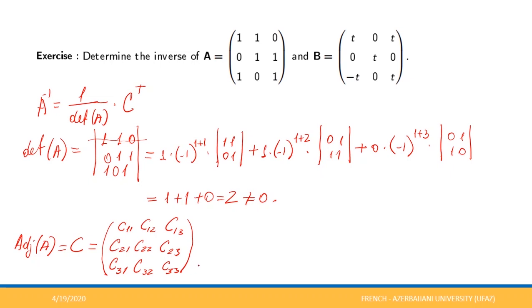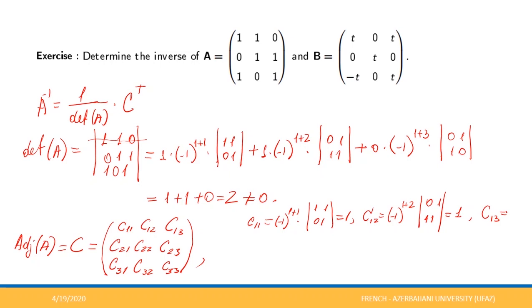Let's first calculate the values of the cofactors. C11 will be minus 1 to the power of 1 plus 1, we remove the first row and first column, times the determinant of 1, 1, 0, 1, which is equal to 1. C12 will be minus 1 to the power of 1 plus 2. We remove the first row and second column, and the determinant of 0, 1, 1, 1 gives 1. Using the same procedure, C13 will be minus 1,